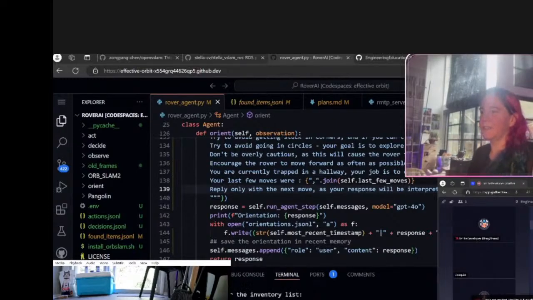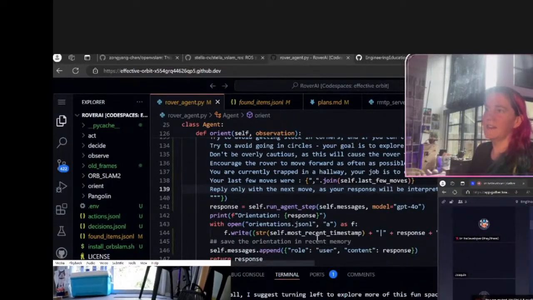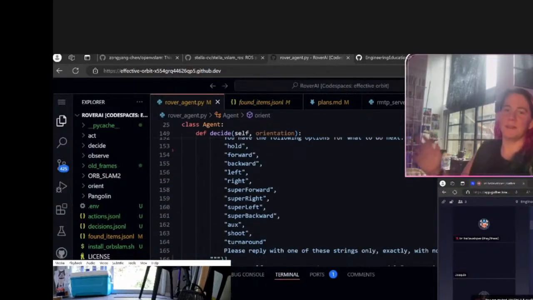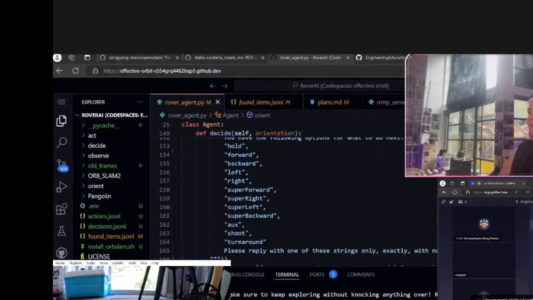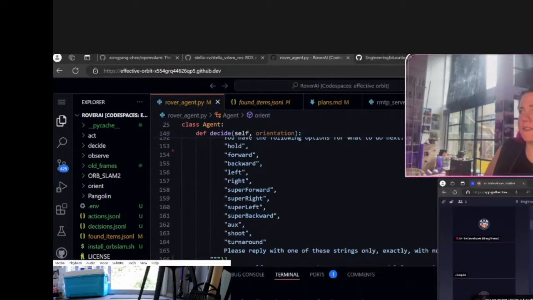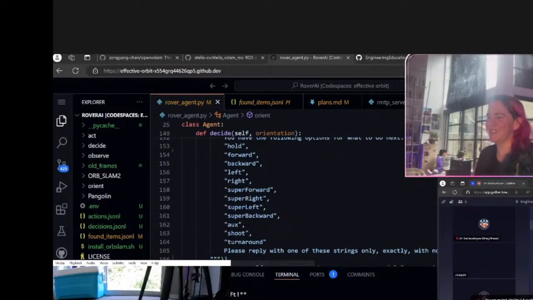Okay, cool. So we're facing a. Is it confused? Yeah. All right, and it keeps going forward. The orienter is telling us to turn, and the decider keeps moving forward. You ever had that moment where you're like, come on, get out of bed, and then your body just doesn't get out of bed? I feel like that's what's happening to the rover, where the rover's just like, I don't care, we're moving forward. And the decider's like, what if we turn left again? And the actor is like, no, we will be going forward. I'm tired of this. We're getting out of this hallway.